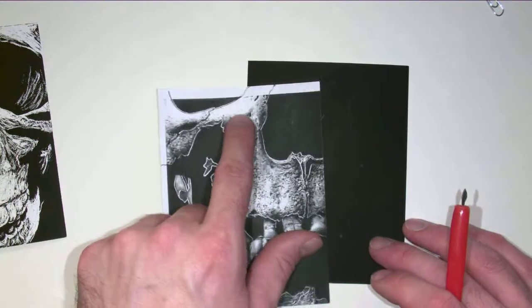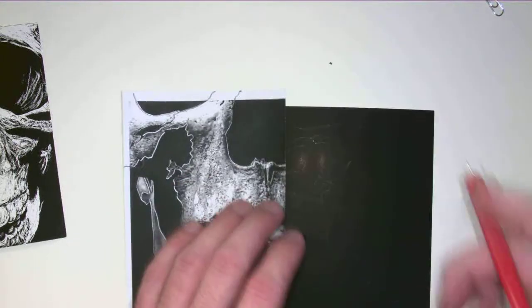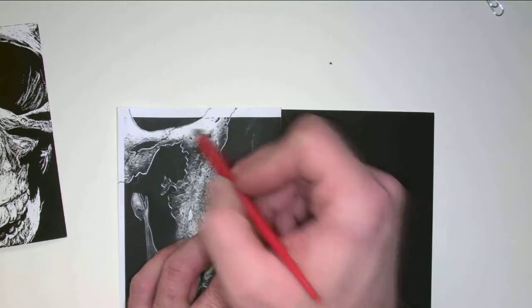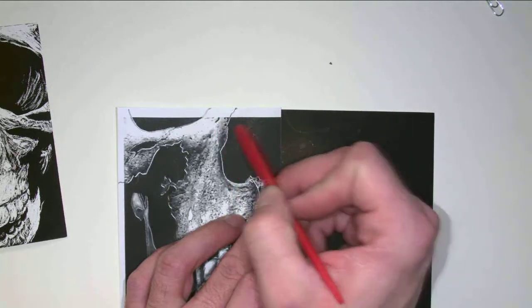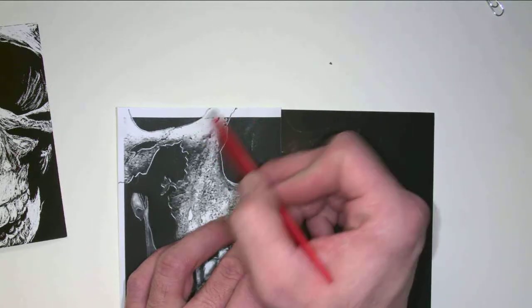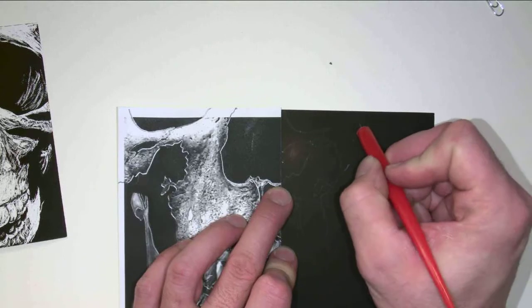Anywhere you see white here, you're going to subtract away. So you're basically drawing in reverse again. And you're going to use it as texture. So I can see here this is black, but I also see that along that edge it's white. I extended where that margin is on the paper. I just extended the line beyond so I could see the way it goes. So the white is going to be